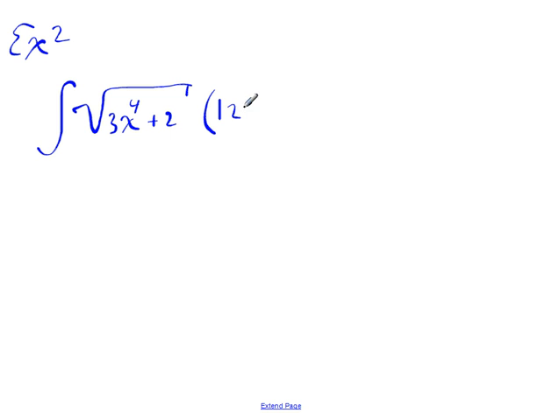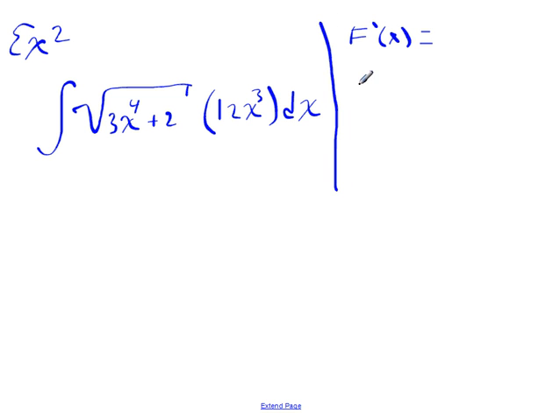So example 2, let's imagine that we're taking the integral of the square root of 3x to the fourth plus 2, times 12x cubed dx. Okay, so let's go ahead and try to identify our functions, our f prime of x,